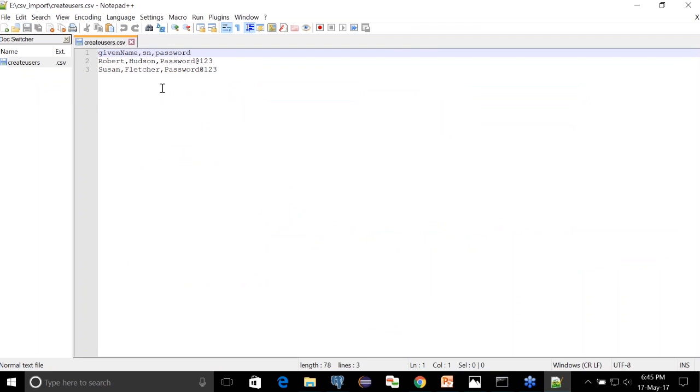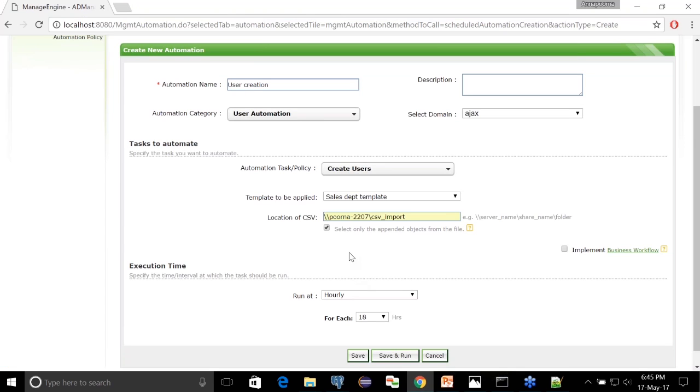Okay, now moving to the automation tab. Let me click create new automation. Let me name this as user creation. I'm going to choose the create users task, and I'm going to choose my template, sales department template. And now I need to provide the location where I'll be saving my CSV file.